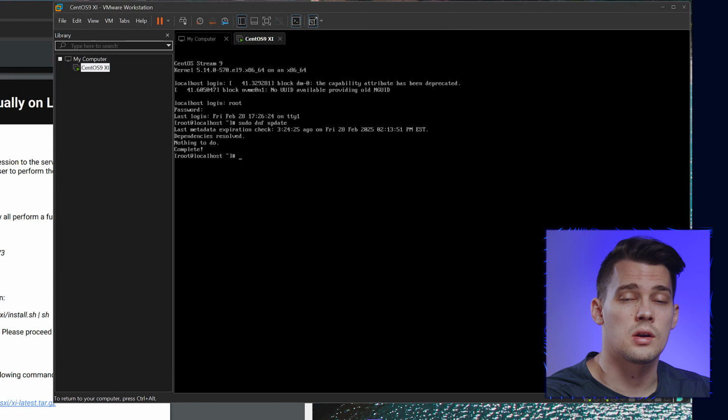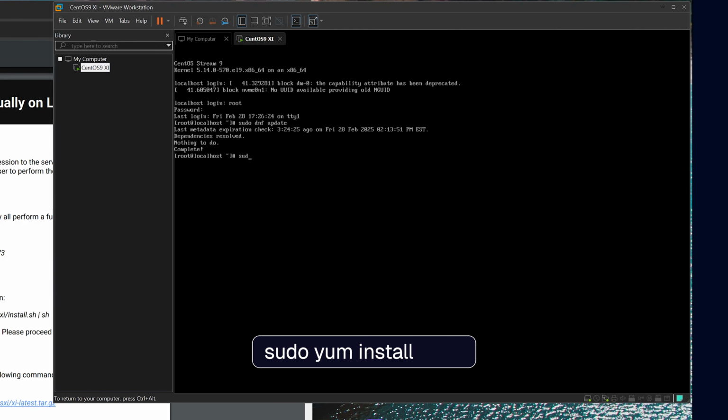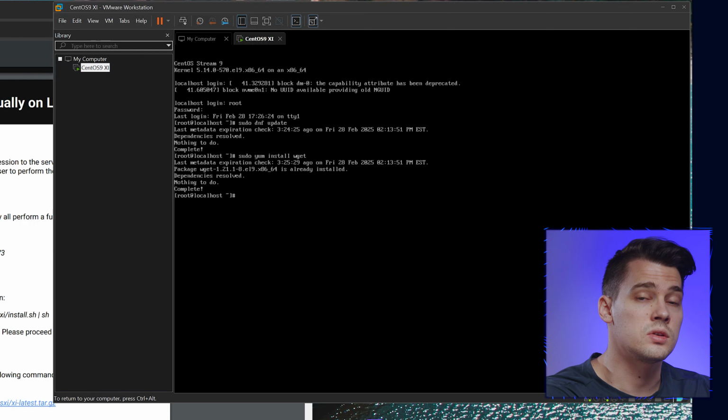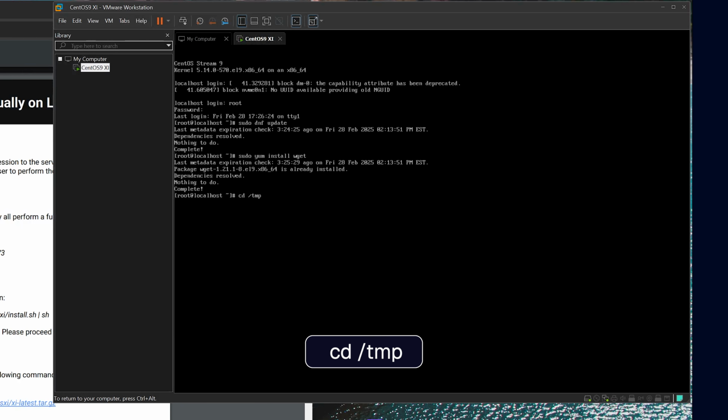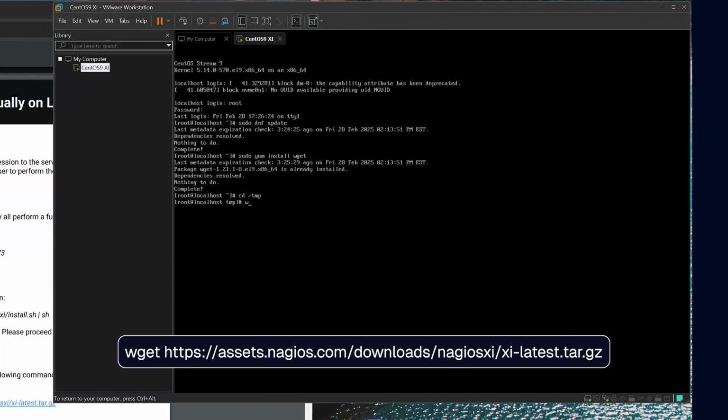Now that we've updated our CentOS box, we want to make sure that we have wget. So we'll enter in sudo yum install wget. And that will install wget for the next commands. Now we want to change directories to tmp. Once we're in the tmp directory, we want to enter in the command wget